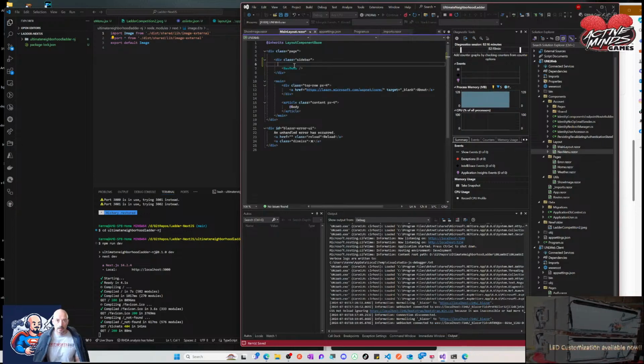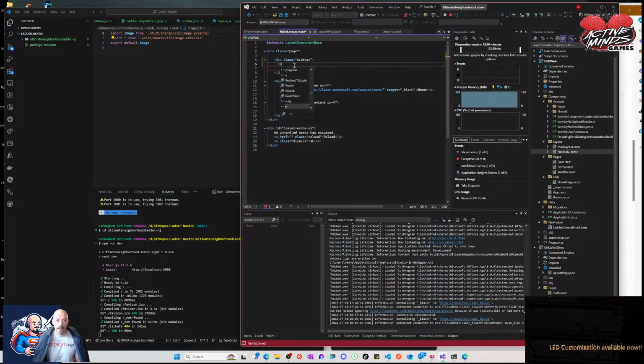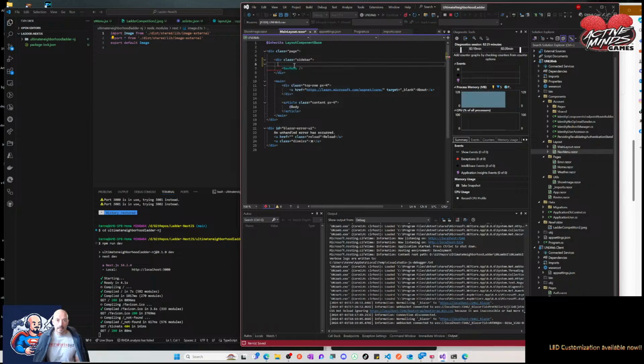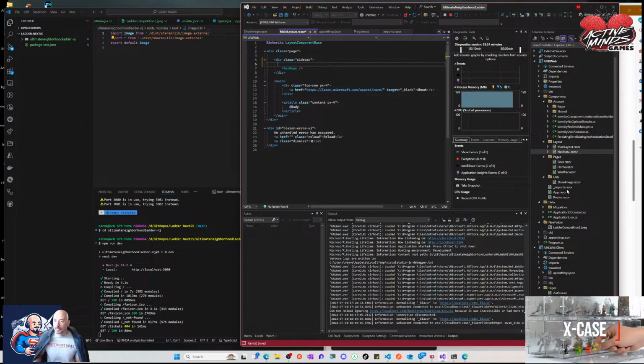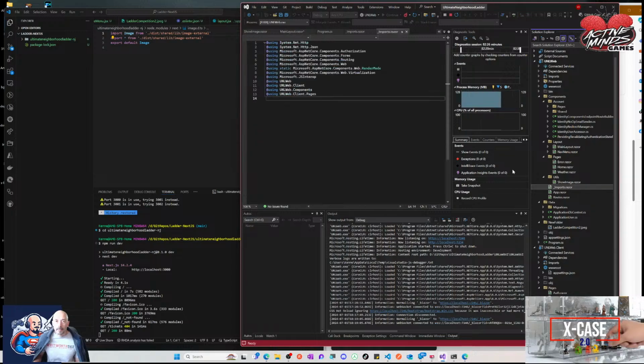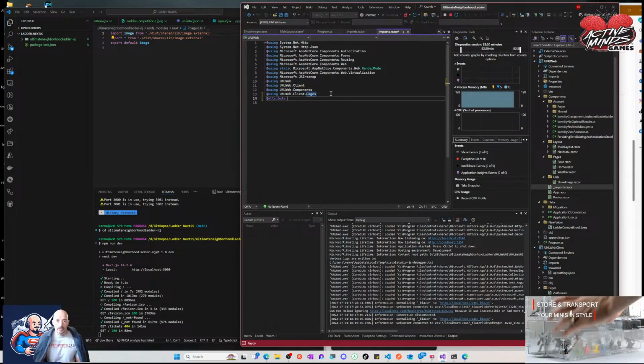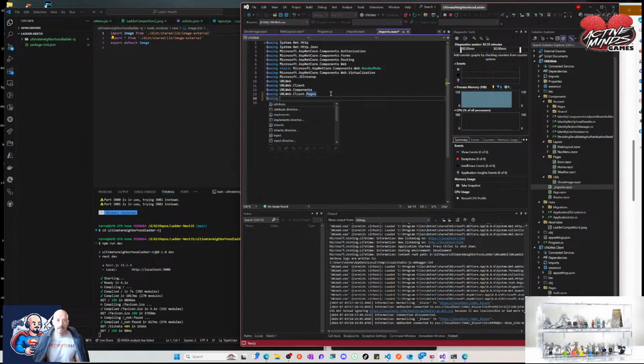We're going to go... It may not allow me to do it that way. I may have to, let's go to my imports here. And we're going to go at using UNL web dot components. Is it components? Where did I put this show image at? Utils. It is components, so